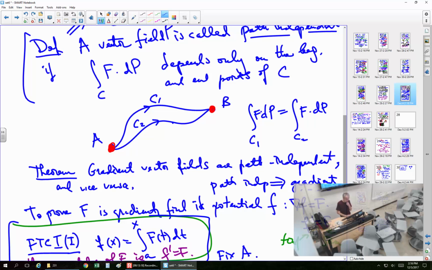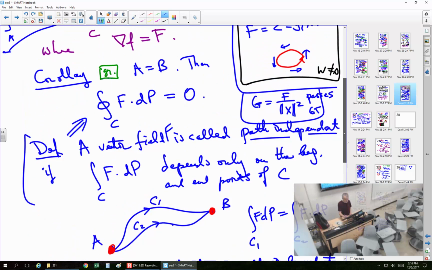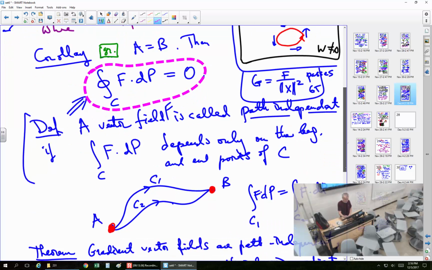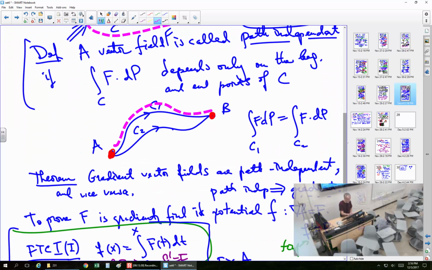And I guess what matters here then, the second part that I brought up, is that for gradient vector fields, or for now path-independent vector fields, we notice that this is true. So along every closed path, we have integral equal to 0, because we can make just a round trip like this, and then we have to come back. Okay, so if we do come back, then this kind of trip is supposed to be equivalent, as far as the integral is concerned, to the trip where